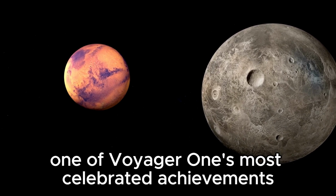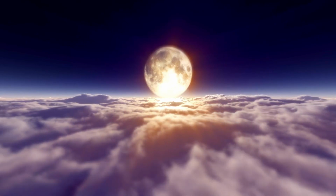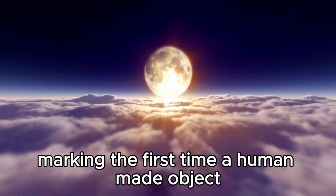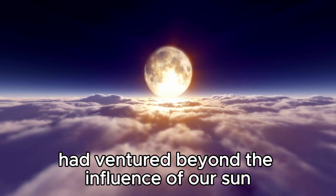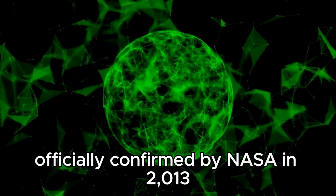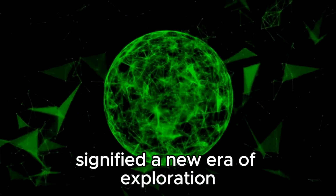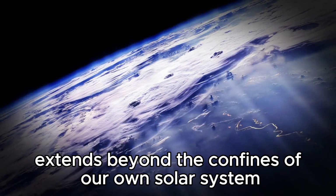One of Voyager 1's most celebrated achievements was its entry into interstellar space, marking the first time a human-made object had ventured beyond the influence of our Sun. This historic milestone, officially confirmed by NASA in 2013, signified a new era of exploration where our reach extends beyond the confines of